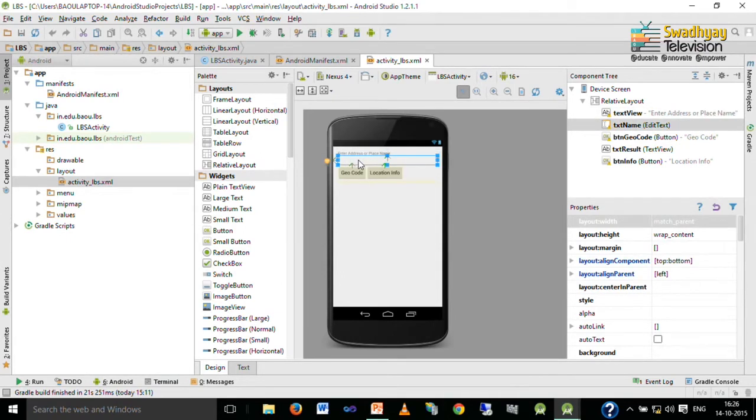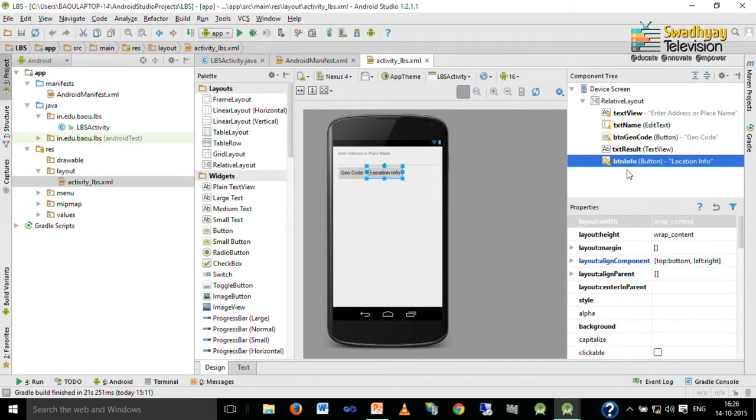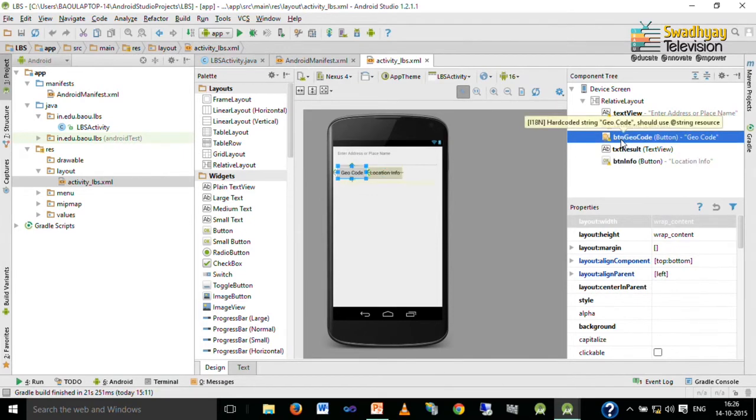This is an edit text where you enter the place name, and when this geocode button is pressed, we want to display the result in this result text view. And whenever this location info button is pressed, your current location is determined using GPS and shown in the result text view. The button names are button info and button geocode. So, this is all about our interface.